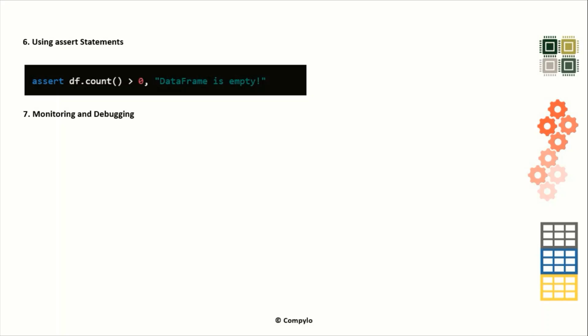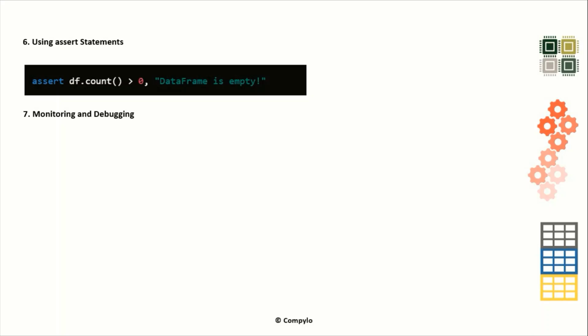Next point is monitoring and debugging. Utilize Spark's UI to monitor jobs and identify where errors are occurring. The UI provides details about stages, tasks, and error messages. By implementing these strategies, you can effectively handle errors and exceptions in PySpark, making your data processing applications more resilient